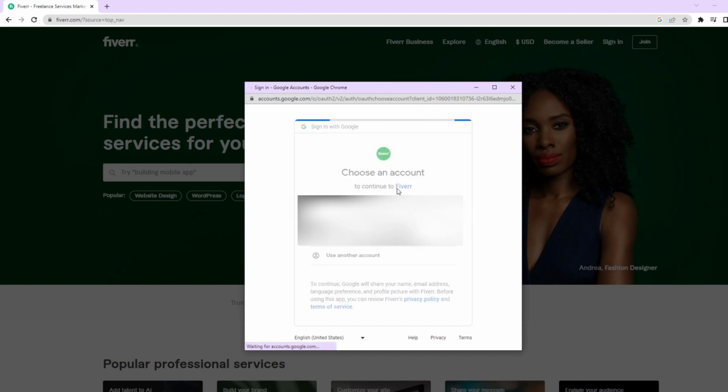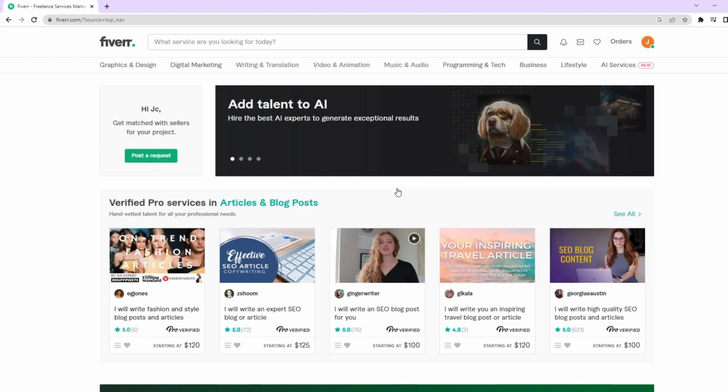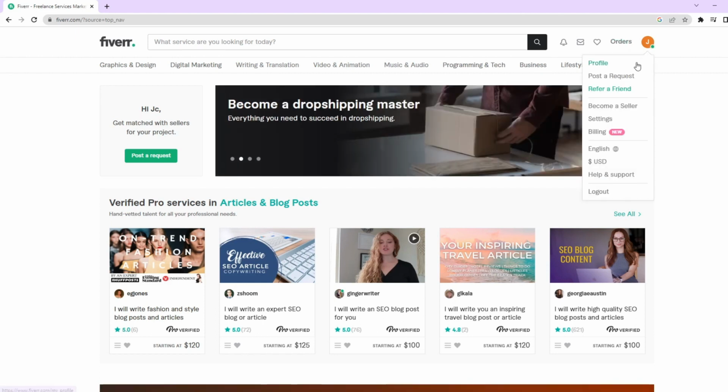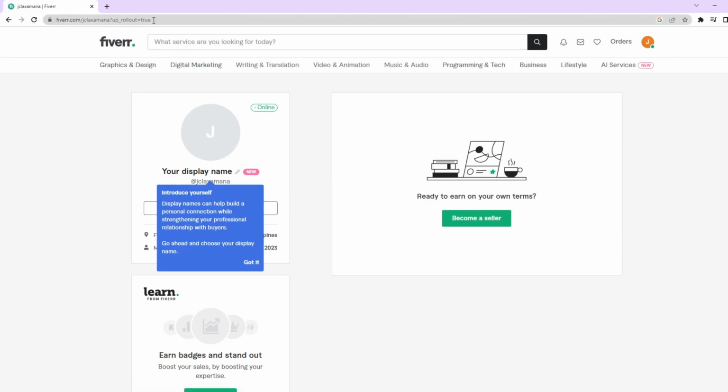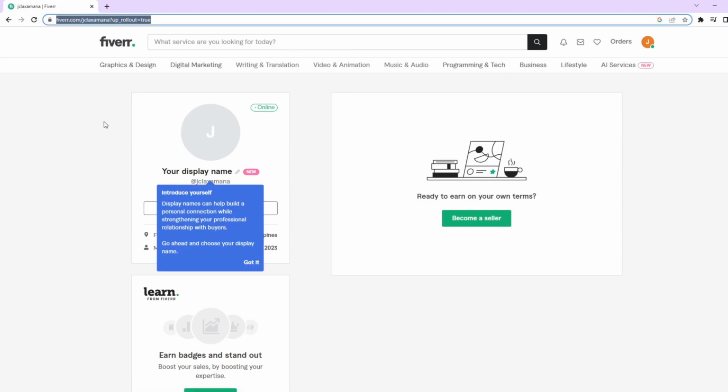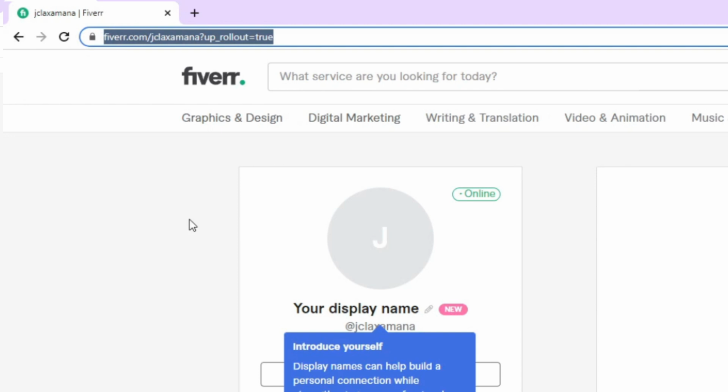And then once you're logged in, click on your profile picture located at the top right corner of the screen. Click on your profile picture and click on Profile from the drop-down menu. The top URL on the page is your Fiverr profile link. Copy the link. You can share this link with your buyer and they can view all your gigs in your